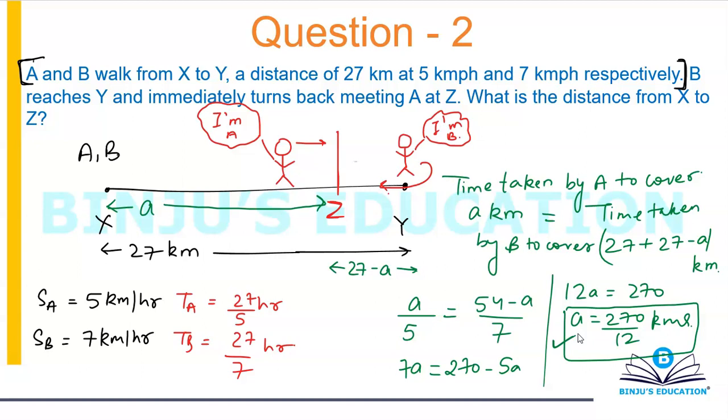Two chapters, mark my words: time, speed, distance, and time and work. Use your logic. Neither your mathematical skills, meaning calculation skills, are going to help you, trust me, no matter how fast you are and how good you are. And formulas, don't use these two things, always use your logic. These two chapters are basically made in order to check your logic. The questions from these two chapters come in order to check your thinking abilities. Can you think in the right direction or not? All right, let's move on.